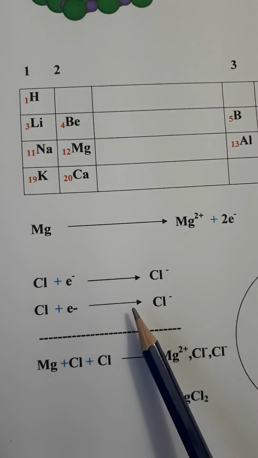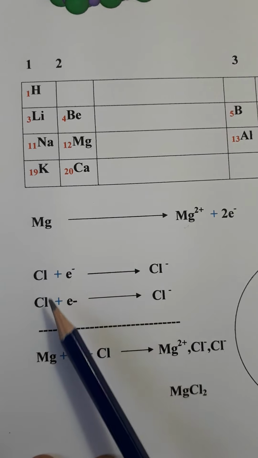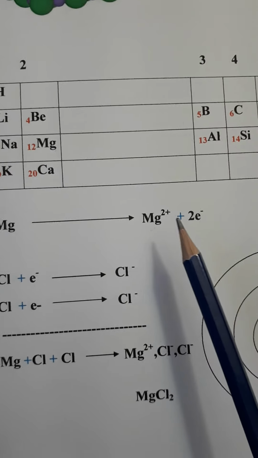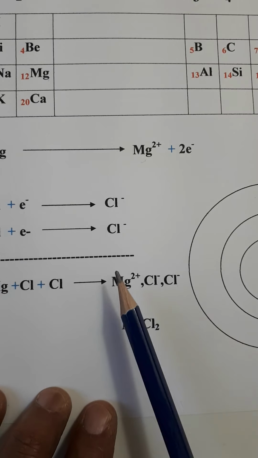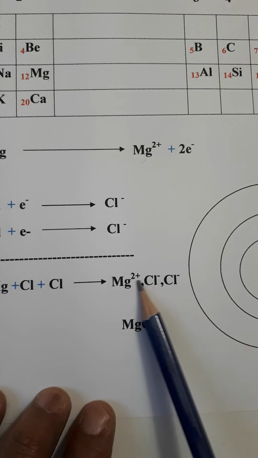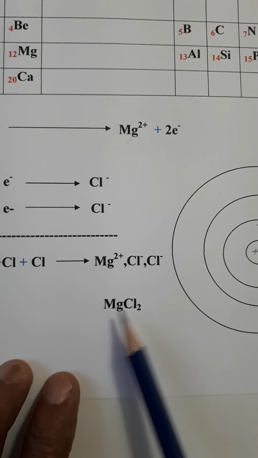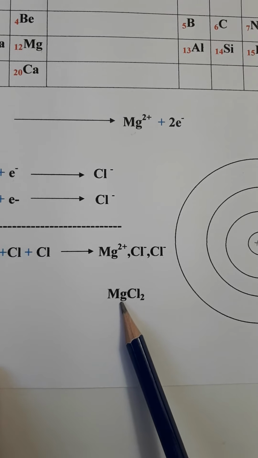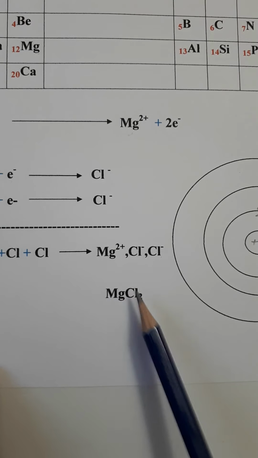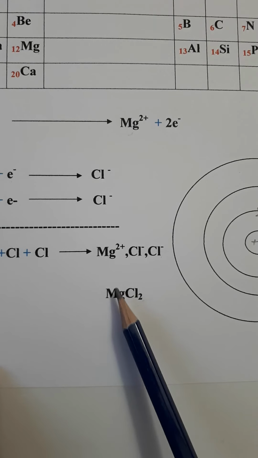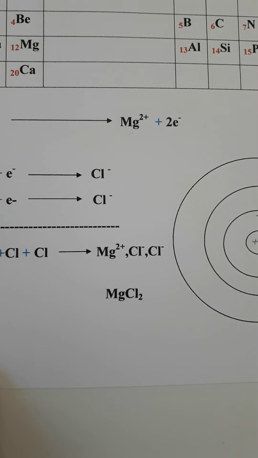So if we add all these to see the net effect, one magnesium atom with 2 chlorine atoms became magnesium ion, chloride ion and chloride ion. If we join together, we can see that all the charges cancel out mathematically. So we can just call it MgCl2. But in the future, whenever you see MgCl2, don't forget that it is Mg2+ and chloride ion, Cl minus, Cl minus.